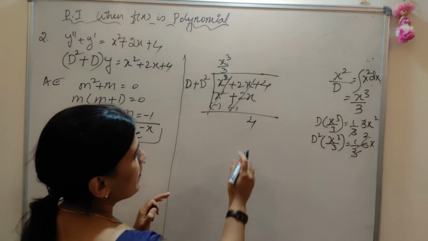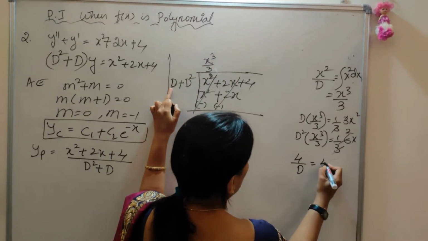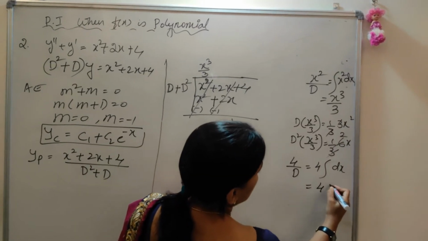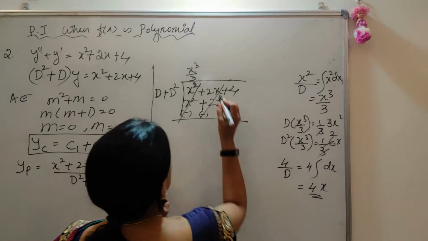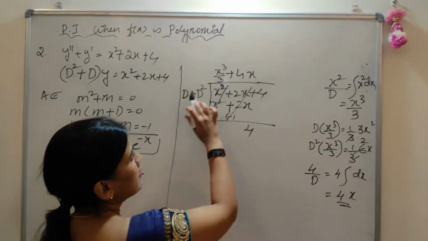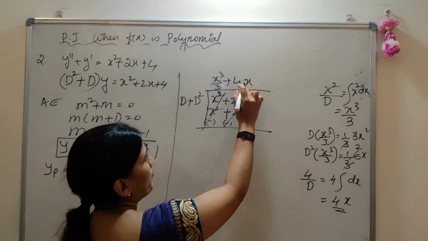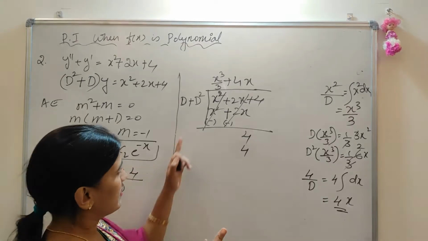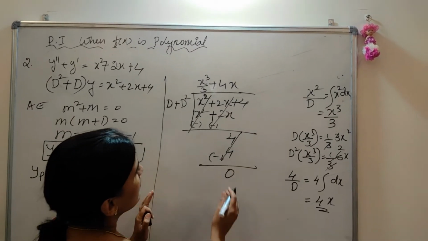4. Okay. Now let's again do 4 divided by d. So 4 is a constant. Integration of constant into dx is 4 into x; integration of 1 into dx is x. So it is 4x. So plus 4x. Now it is very simple. Differentiation of x is 1, so d into 4x is 4. d square of 4x: according to the property, the d power is 2 and the polynomial power is 1, so the d power is greater. So understood, you will get 0. So 4 get cancelled. So it's complete.